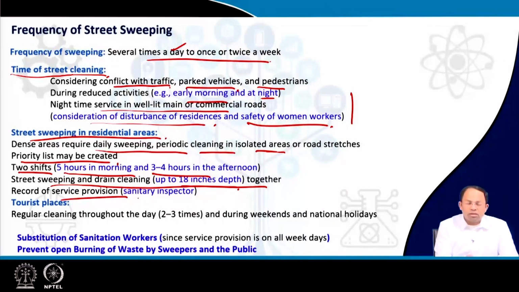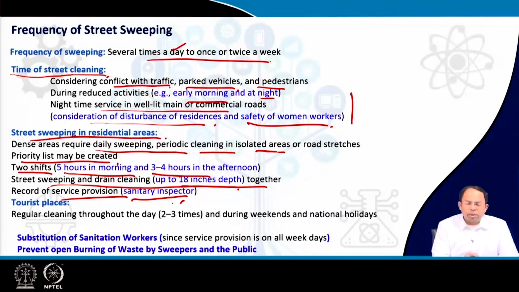Record of service provision. So all these activities that are happening, starting from reporting of the street sweepers, along with what area stretch is being covered in a particular day, how much quantity of waste is generated, and which vehicle was used to transfer it to the final destination or to a processing site. All these records are maintained so that in future we can predict how much staff and cost we require for cleaning services, or we can do more efficient street cleaning services.